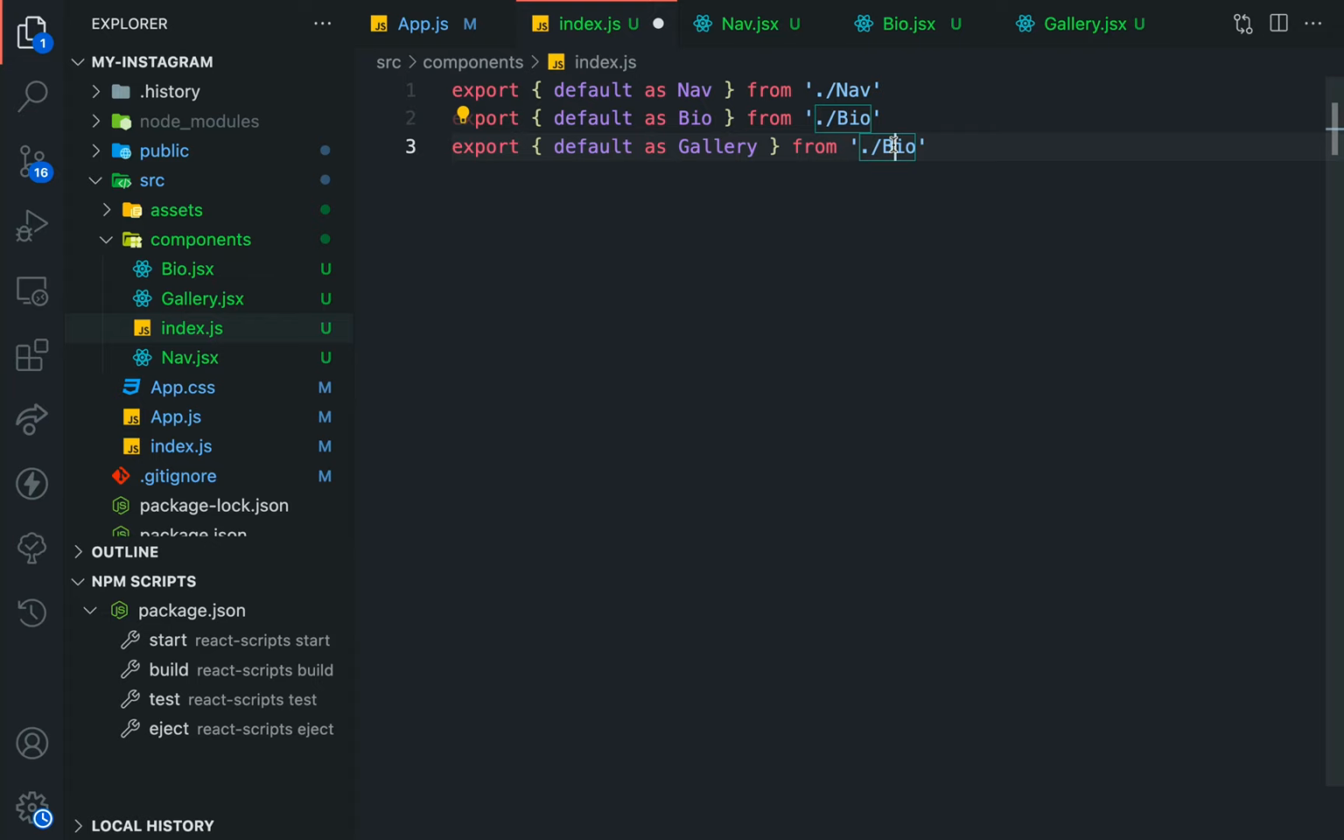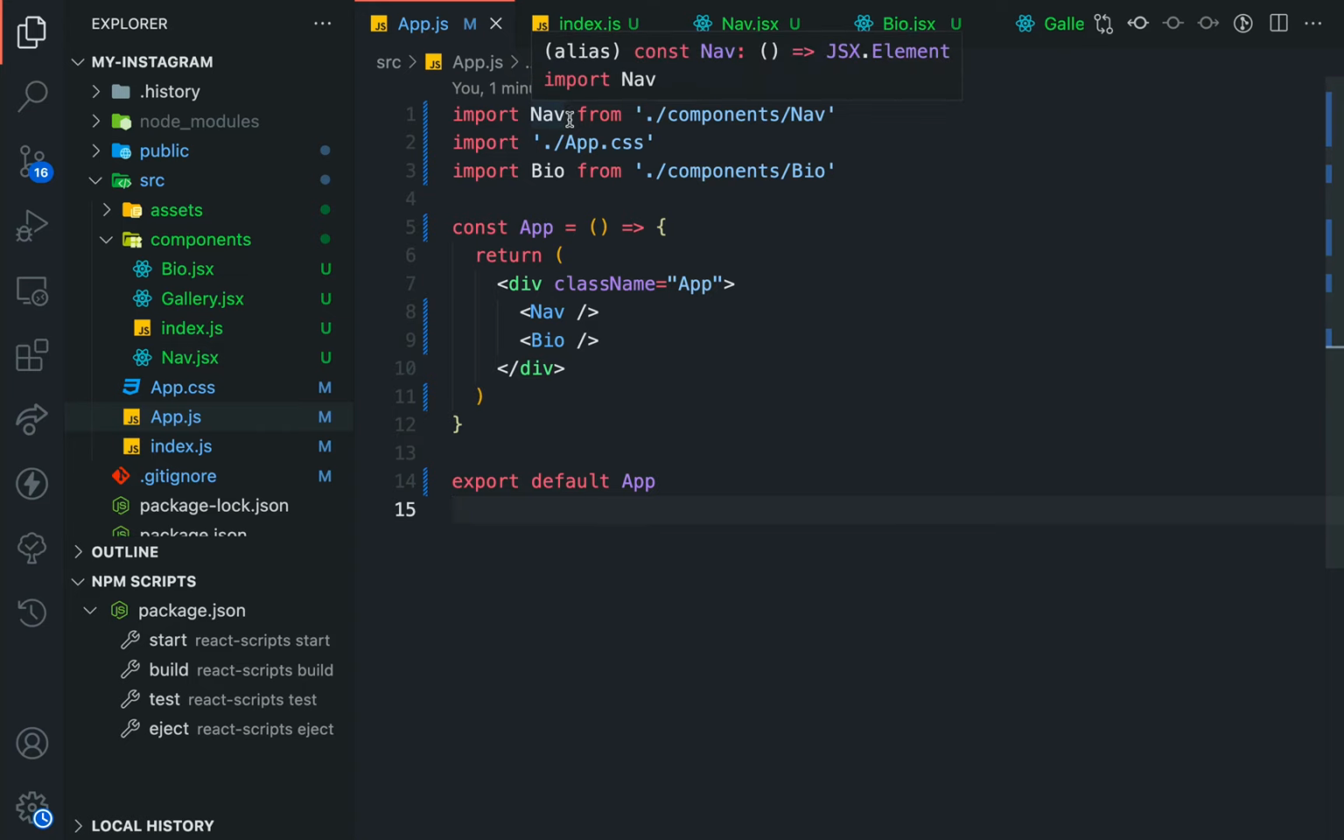Remember, this is in capital letter, so as Gallery from ./gallery. Right now line 3 gives us an error because we've not put anything inside of the gallery component yet. So let's just comment this out. And with this done, we can come over to the app.js file, and instead of importing nav separately and bio